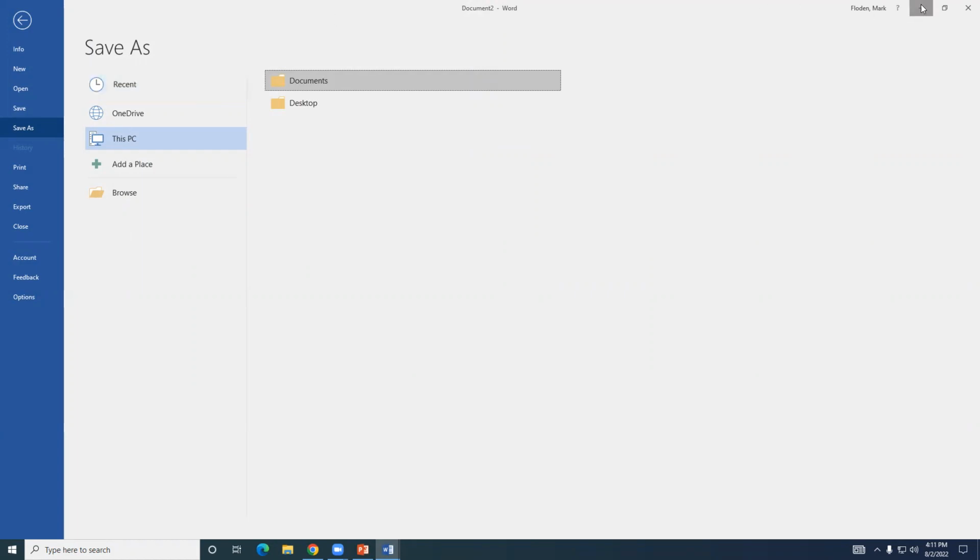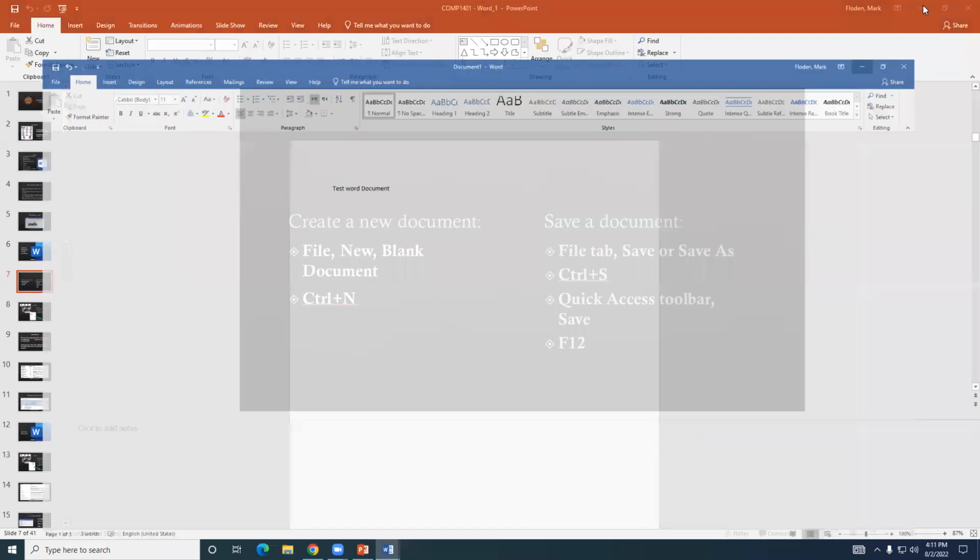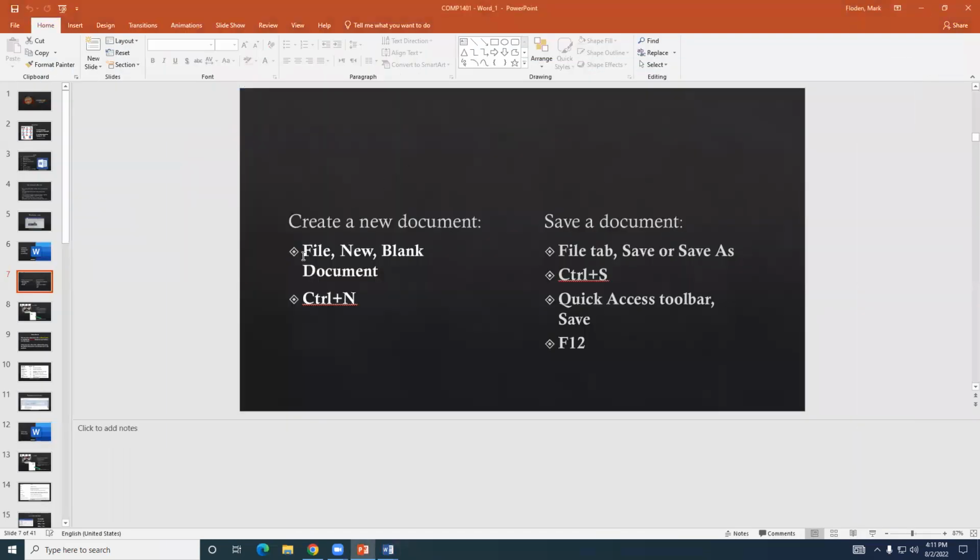Now, in today's exercise, you'll see I've got two exercises for you to do. It actually specifies what the name is that you should use for the files. And it's a name with your student number in it, and then exercise 3 or exercise 4 or whatever. Now, notice here, this is a shortcut,